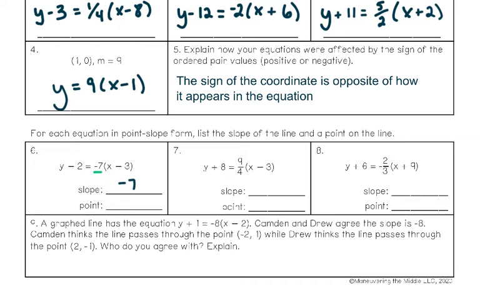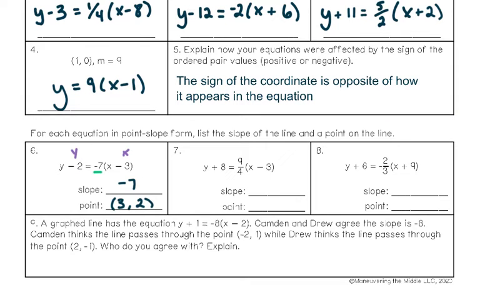It's the multiplier. The point is a little trickier, so I think it's helpful to label above these points the x and the y, and then remember it's the opposite of how it appears in the equation. So your coordinate would be positive 3 and positive 2 in that order. Looking at all these examples, go ahead and try number 7 and 8 all by yourself and press play when